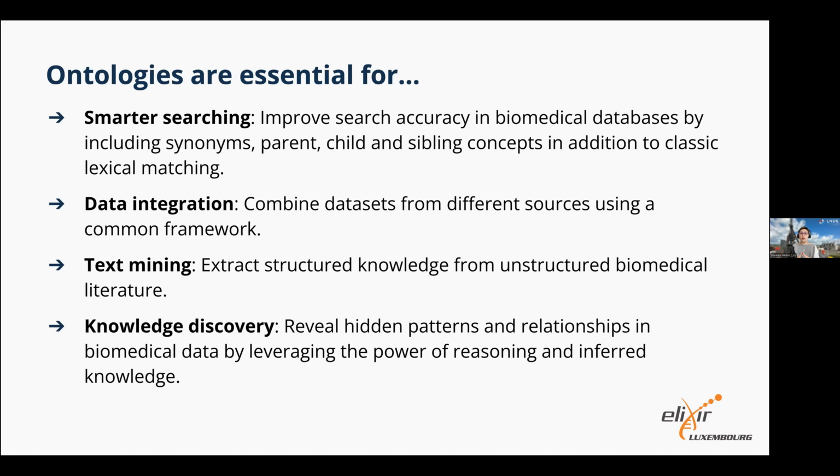So if you're interested in metabolic disease, for example, there are lots of types of metabolic disease. If you're using an ontology, then that can bring all these subtypes in, and you get much richer results than if you're relying on just that specific term. And then again, I've already mentioned data integration. Text mining is another really big one. Mining literature to tag terms and build up a body of knowledge. And then knowledge discovery through revelation of hidden patterns in the data, and using these relationships for new knowledge.